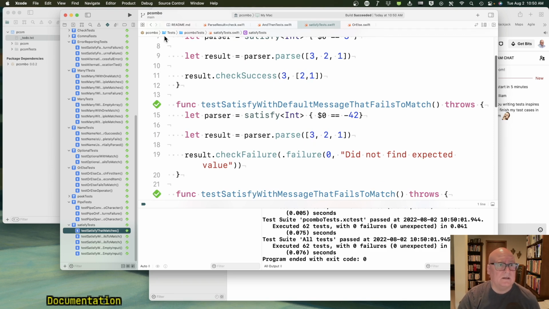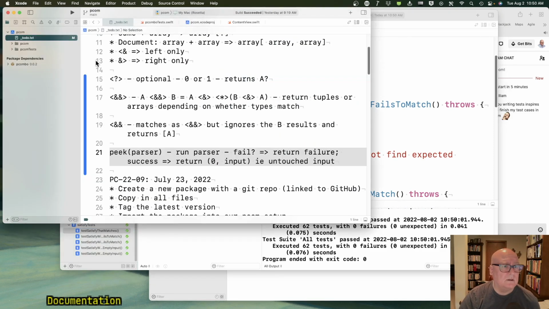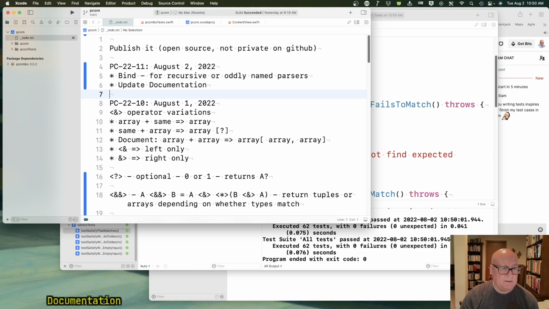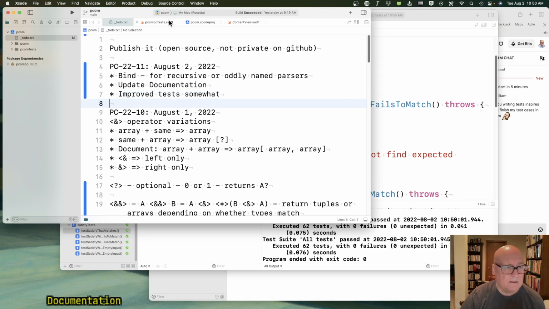All right, let's get to, what did we do here? Okay, we did bind. Did update documentation. We improved tests somewhat. Okay. Tests. That's what we've been doing. All right. Now,